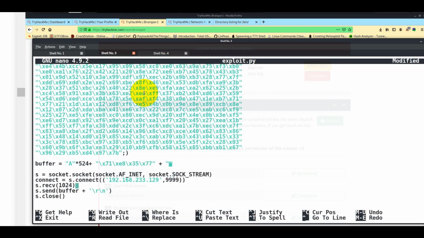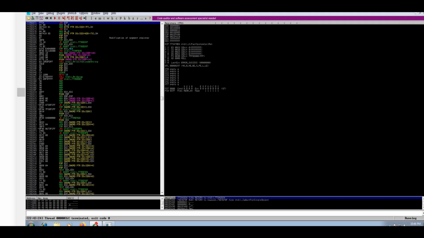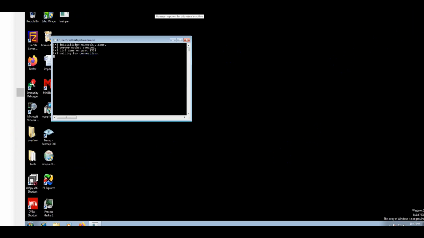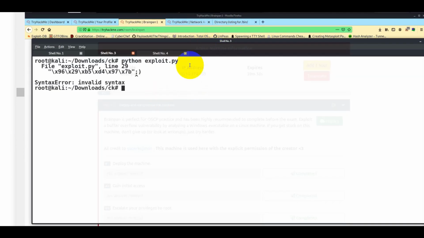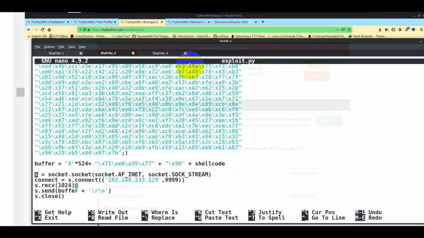Let's just go properly. I need to put some NOPs. Why are we putting NOPs? Because NOPs will make the program execution or shellcode execution really smooth. So let's take an example: if you are jumping from the first floor and you have something below, let's say there's a cotton bag kept below as a landing pad, then it will be a smoother landing. Or you have some cloth, rather than you just jumping directly on soil or maybe on a hard surface.